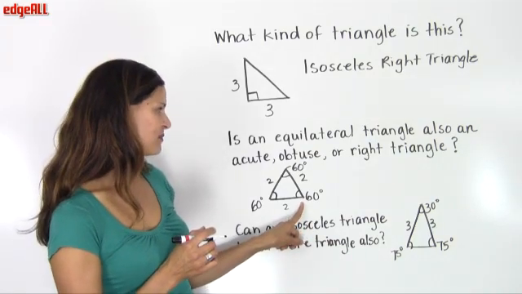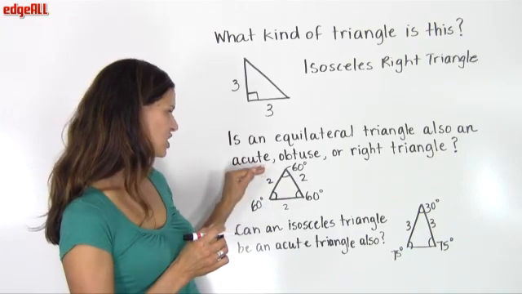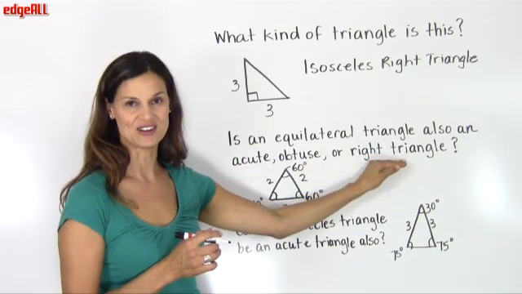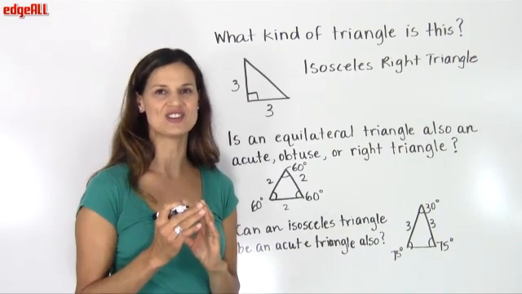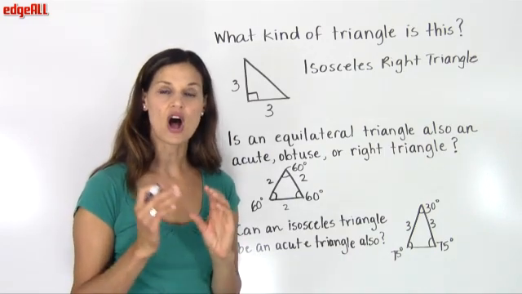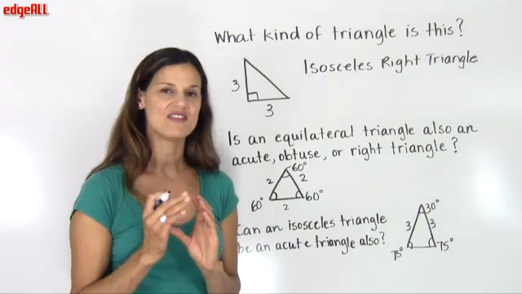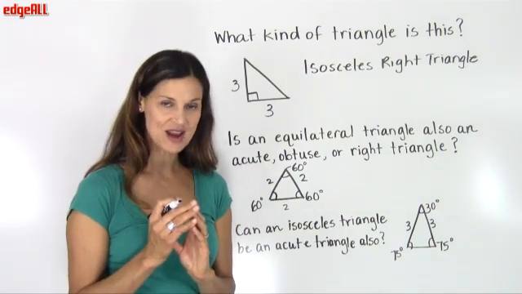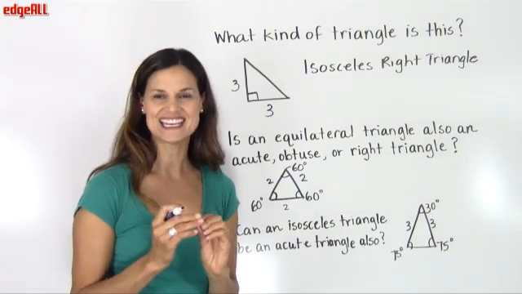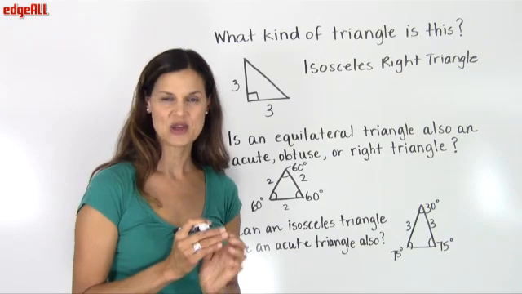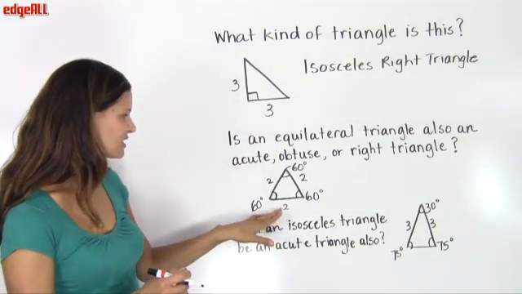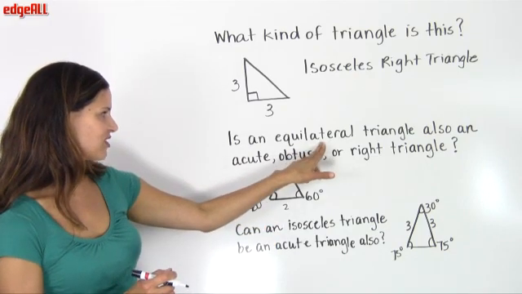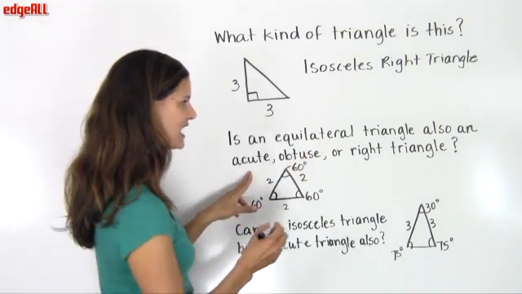Now, if you remember the definition of acute, obtuse, or right triangles, all having to do with the interior angles of the triangle, when all 3 of the angles inside of a triangle are less than 90 degrees in measurement, we call this an acute triangle. So an equilateral triangle is also an acute